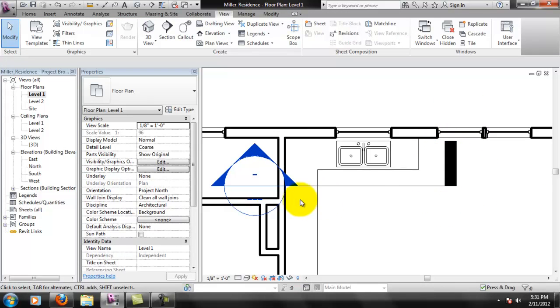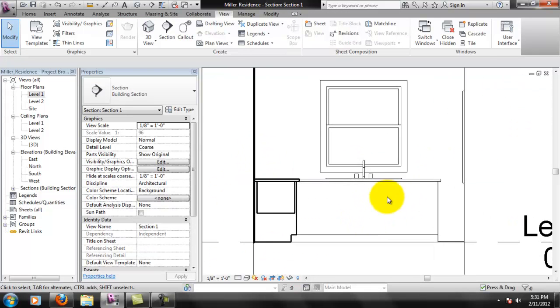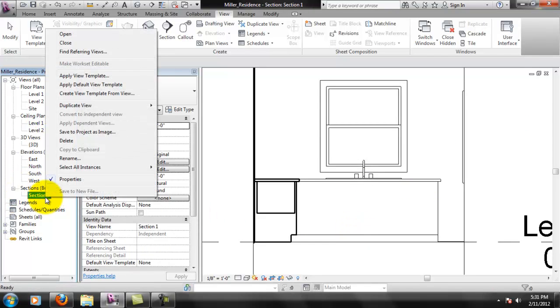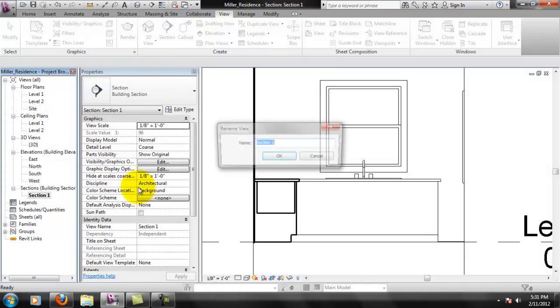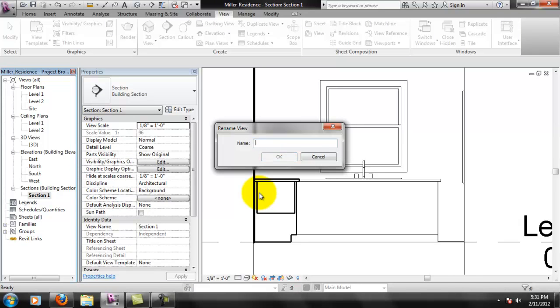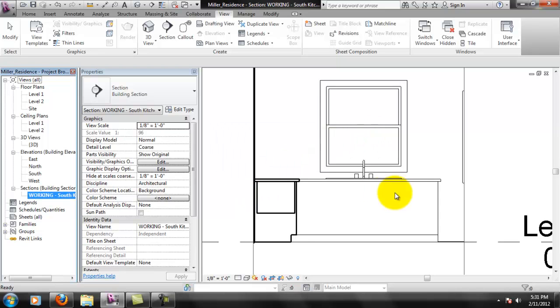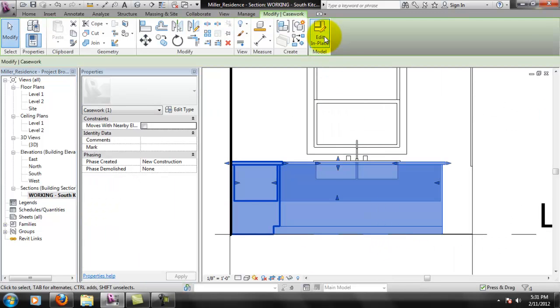So now I can work on the front plane of this guy, and while I have this section here, so you don't get a mess, because you end up with a bunch of these things, it's best to name these things correctly. Since I'm not planning on putting this view on a sheet, I will first thing call this WORKING in caps, and then south kitchen wall. All right,